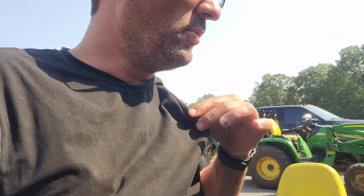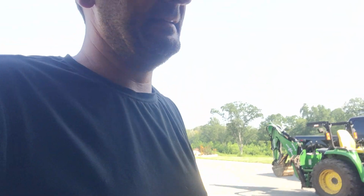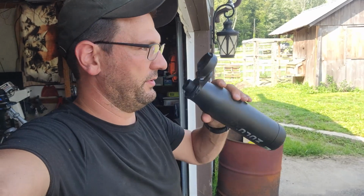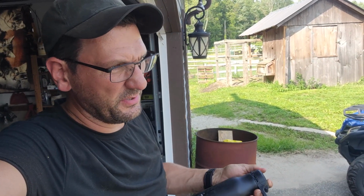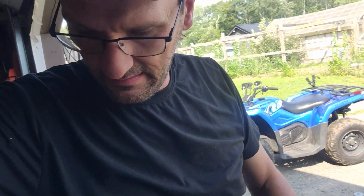A lot of what I mowed down there was ATV tracks and things like that. It's nice to get it all mowed, but technically not the right lawnmower to do it with. I should be doing it with the brush hog on the tractor, but the tractor has the backhoe on it,